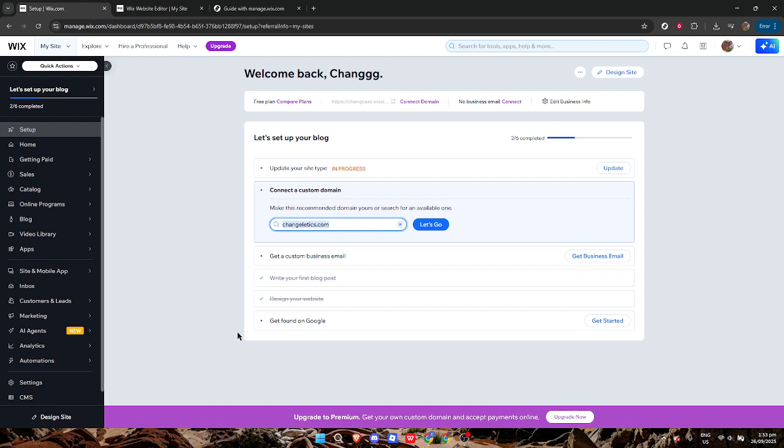First, open your browser and log into your Wix account. Once you're in the dashboard, head over to the Setup section. This is the main hub for managing your Wix website, and you'll find a variety of tools and options here. It's your command center, so to speak, where you can oversee all the essential functions of your website, ensuring everything